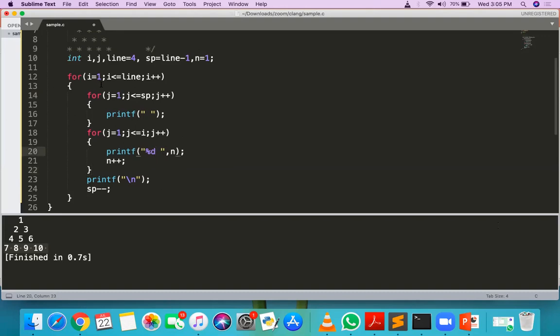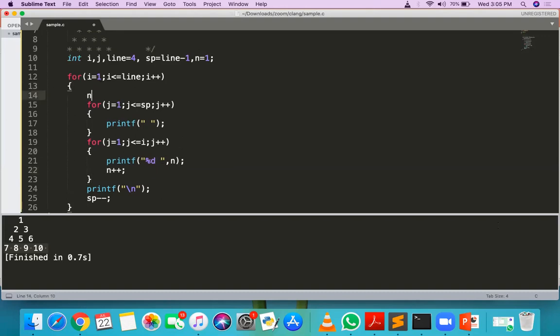So instead of that, I'm changing something. Now here I had n equal to 1 on the outer side, but this time I have initialized n to 1 for every iteration. For every iteration, n starts with 1. So just change the output. It will change to 1, 1 2, 1 2 3, 1 2 3 4, like that. If the line count is 7, then it is 1, 1 2, 1 2 3, 1 2 3 4, like that.